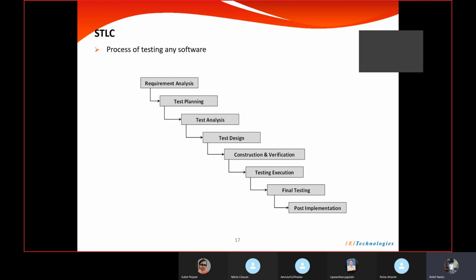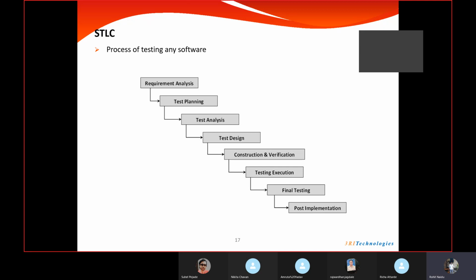So in simple terms, from requirements, we will write test cases, and test cases will have test steps in it. So each test step will have an expected result and an actual result. Every test step should match, the expected result and the actual result of every step should match. And if all the steps are getting passed successfully, then the test case is said to be passed, and then we'll say that the requirement is successful, like the requirement is working fine, right? So that we do in the test execution and in the final testing.